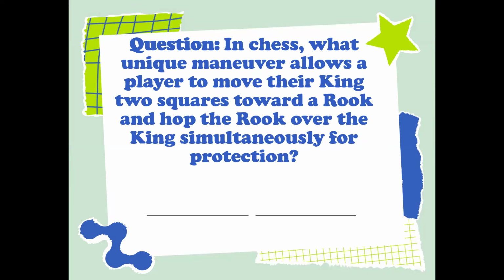Next, in chess, what unique maneuver allows a player to move their king two squares toward a rook and hop the rook over the king simultaneously for protection? The answer is castling. कास्लिंग ऐसा मूव होता है जो किंग, जनरली अपने चारों तरफ सिर्फ एक स्टेप चल सकता है, बट इस मूव के थ्रू वो दो स्टेप भी चल सकता है। कास्लिंग, स्टेलमेट, ये कुछ ऐसे वर्ड्स हैं जो चेस से रिलेटेड हैं।